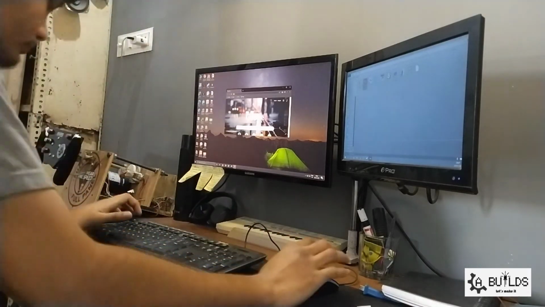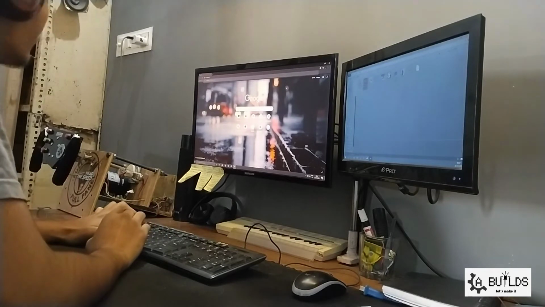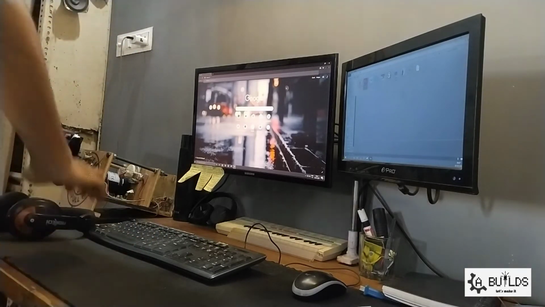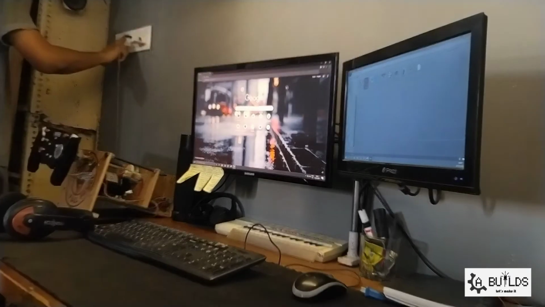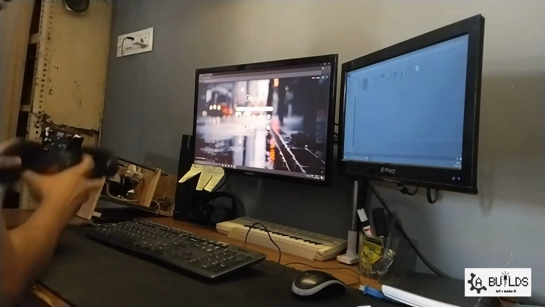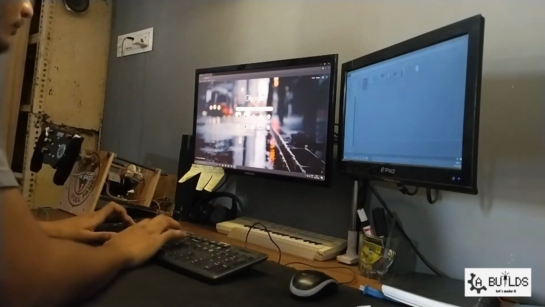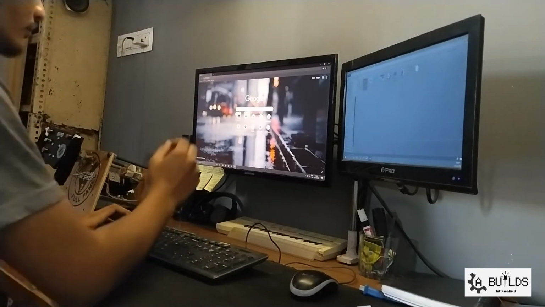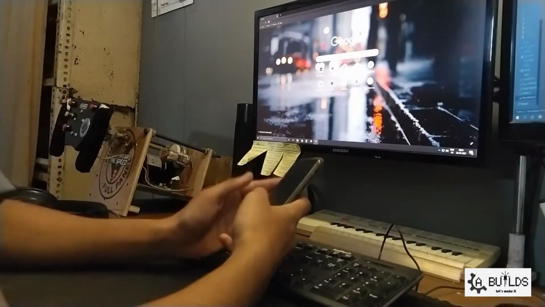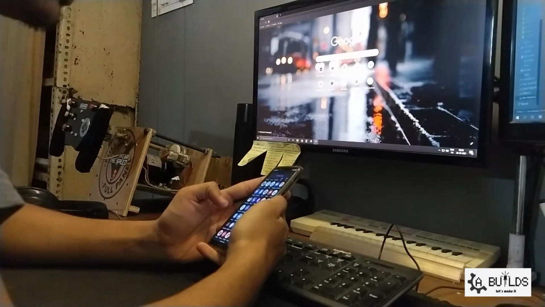What happens every time when I'm working on my PC is that I have to go toward the switchboard to turn on or off my room lights or fan. While doing this, I am thinking, can I build a system that can control my room lights over my computer or my smartphone? So I did some research about it, gathered all the components required for this project, and started making it.